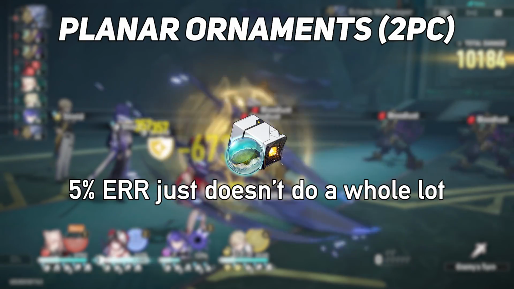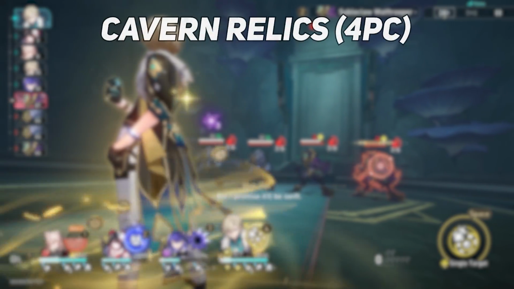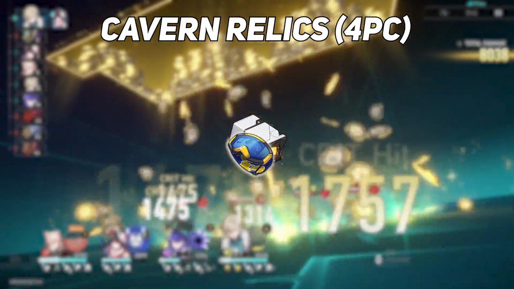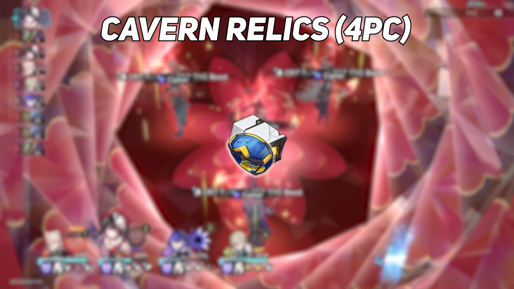So it's only really relevant if Jiaoqiu gets hit consistently. And so now let's get into the combinations for the 4-piece relics. It's kind of the same idea as before. If you want more speed, you can run 2-piece Messenger, but you obviously lose some damage, kind of like running